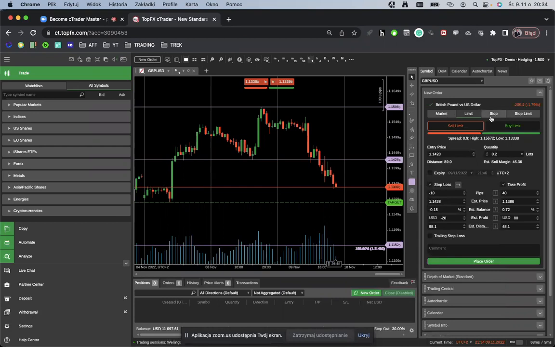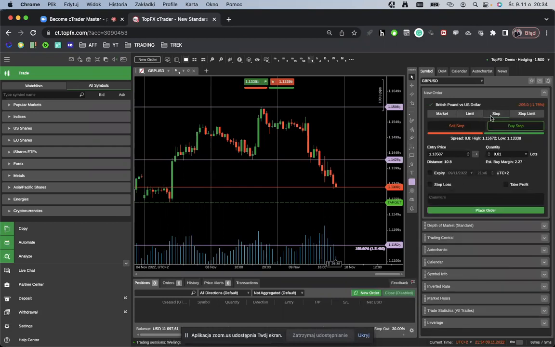So the third type of order is the stop order. What's the difference? Why did they make a stop order? What is it for? How should we use it? Well, the stop order is quite different from the limit order, because it's used during different times of the market. Basically, the stop order is used when your